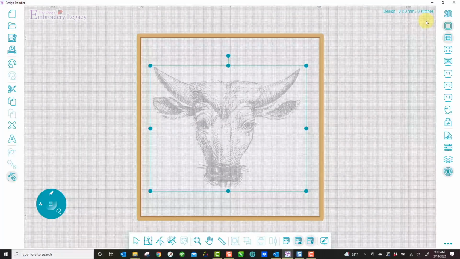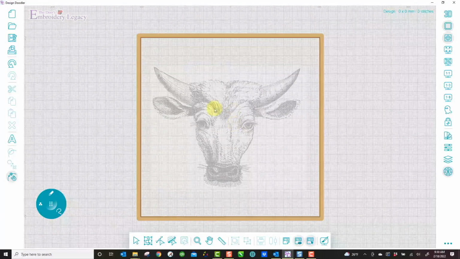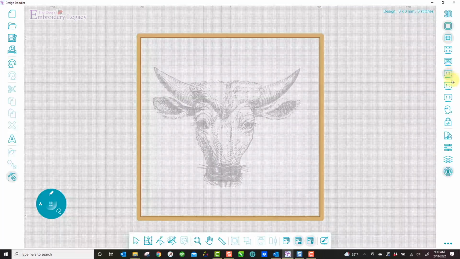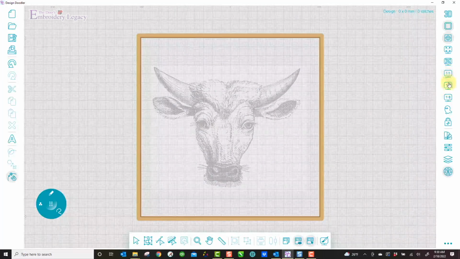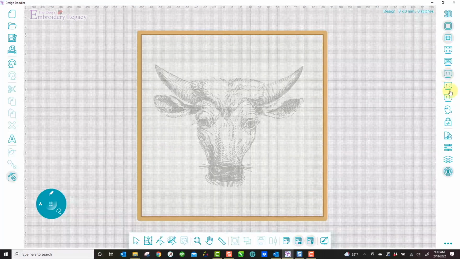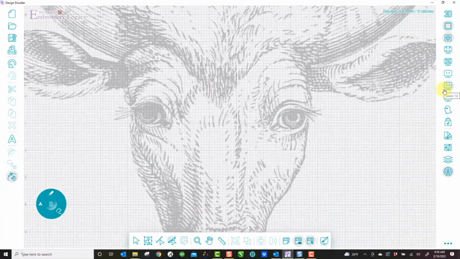Now we are ready to start doodling. But if you notice, I'm going to click off the screen so the cow is unselected, the artwork's unselected. John has incorporated these 3 zoom factors within the doodling software. This is 1 to 1, and this is how you see it right now. 1 to 3 enlarges it, and again, this is an excellent tool to help you keep your design objects in